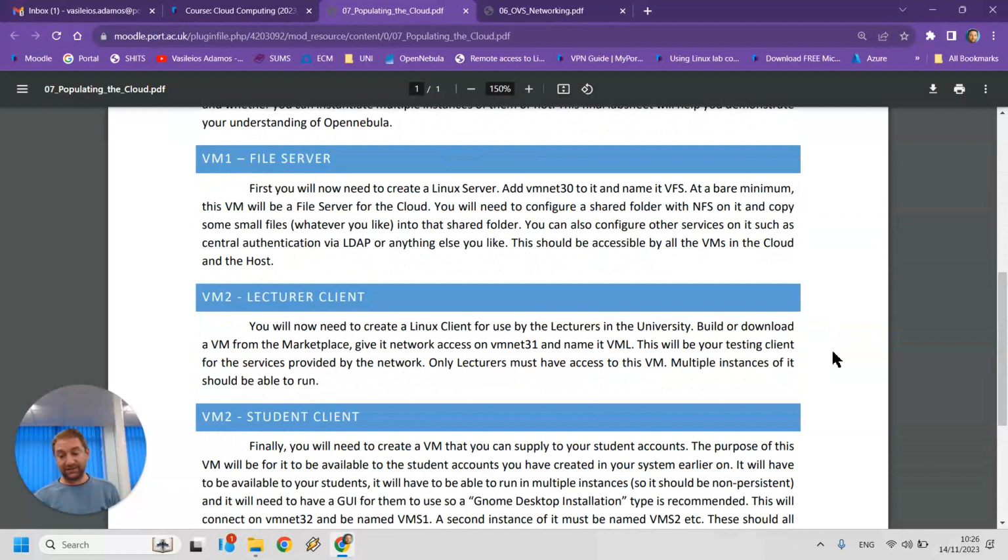Now, this lab sheet itself, I'm quite flexible with what you need to do on it. Okay, you can create as many virtual machines as you like, as many user accounts, as many types of user accounts. You can pretty much do whatever you want with this, as long as you adhere to 2 parameters. One, that your computer can run it. So don't try to build 25 virtual machines inside poor Prometheus. I don't think it's going to happen. And 2, at the bare minimum, I want you to have 3 virtual machines in your cloud,